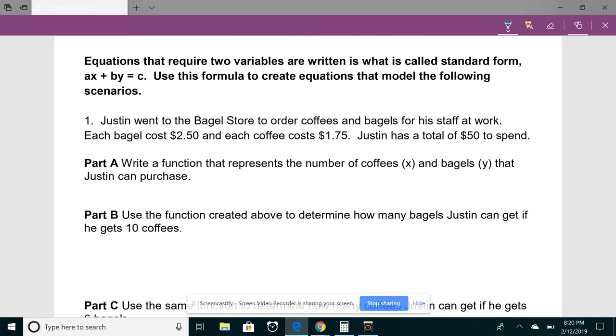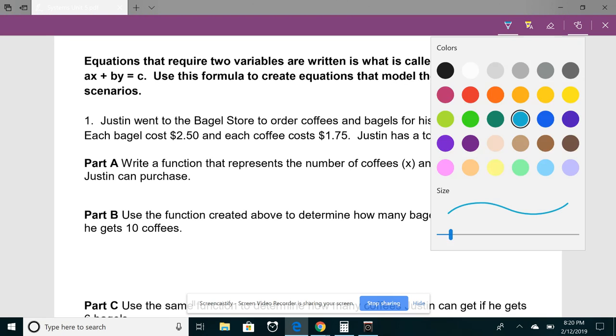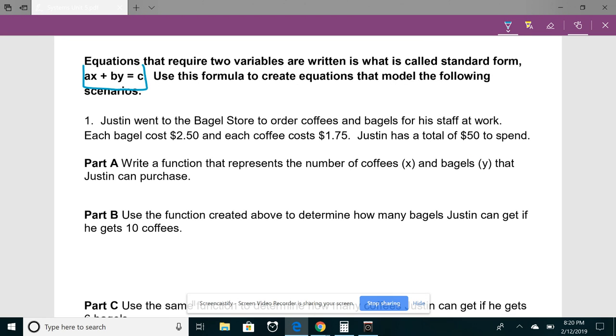All right, so today's lesson we're going to be looking at linear equations and word problems, but in a little different format, because we've been used to seeing equations in y equals mx plus b form. But today we're going to take a look at equations that are what's called in standard form. So this is standard form right here, where a, b, and c usually are numbers instead of those letters there. So we're going to create equations in standard form and solve for whatever word problem they give us